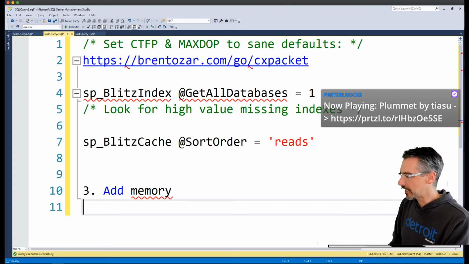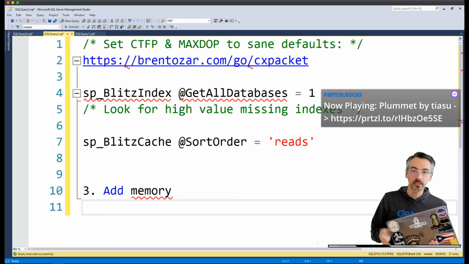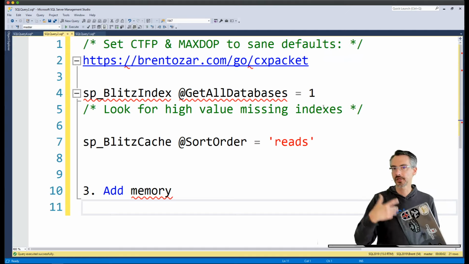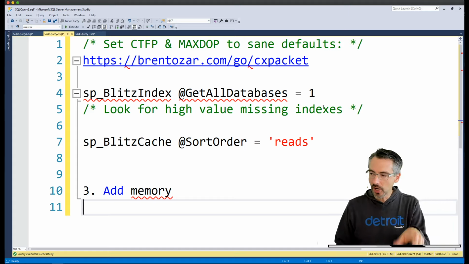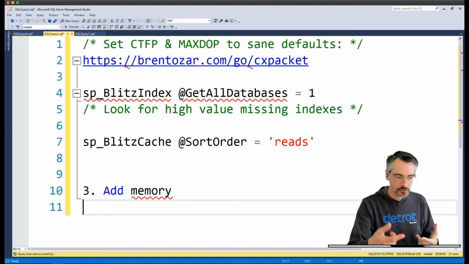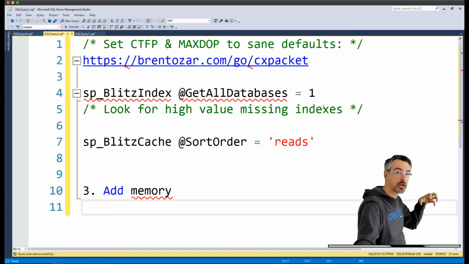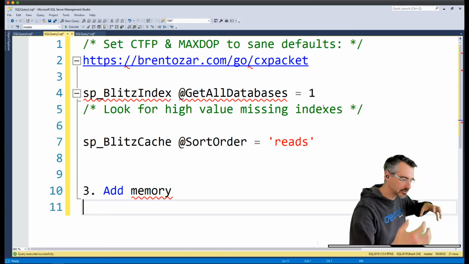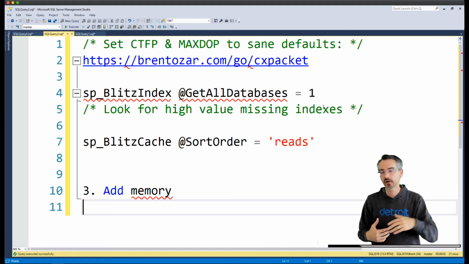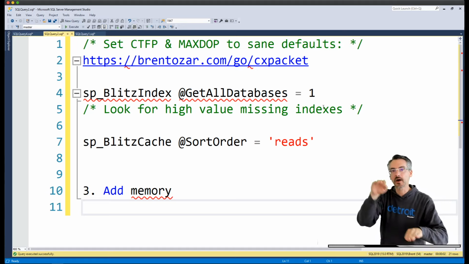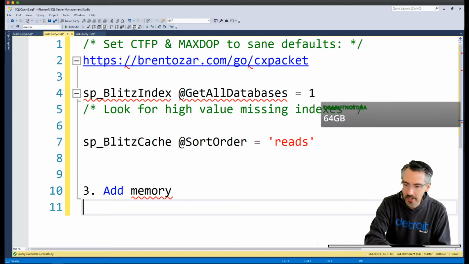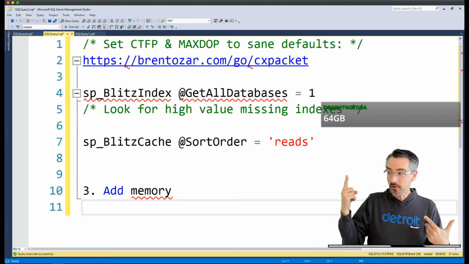The reason why I say that is you might be in one of those situations where you're just basically running this thing on my laptop and SQL Server's having to over and over again scan things that aren't up in RAM. If you know, tell me how much memory you have over in chat. Give me a rough idea of how much memory you have and how much data you're supporting with that. Like what's the total data size across all of your databases? Is it 100 gigs, 500 gigs, a terabyte, 10 terabytes? Because I think they might be a little out of whack. It might be that, for example, you've got 16 gigs worth of RAM and you're trying to host a terabyte worth of databases. 64 gigs is a really good start.